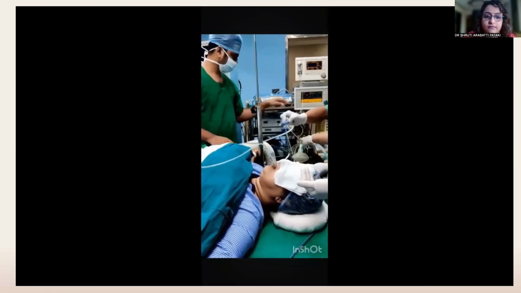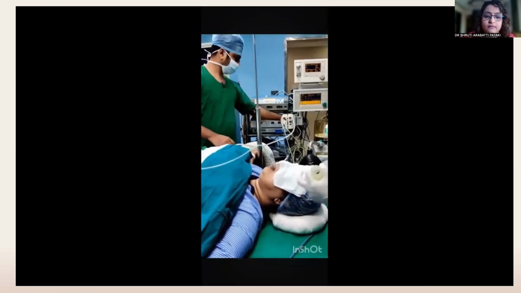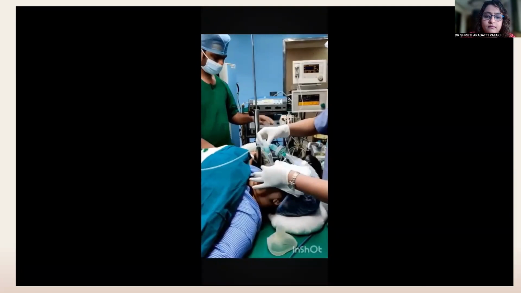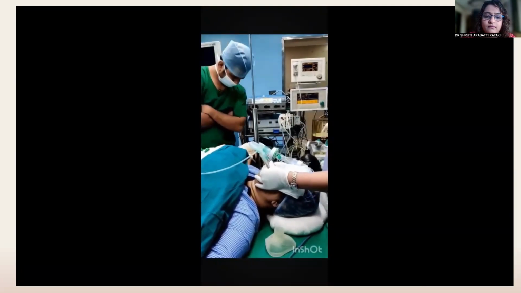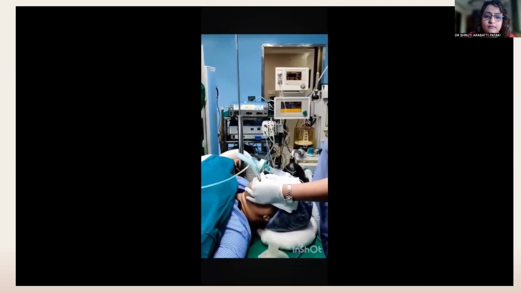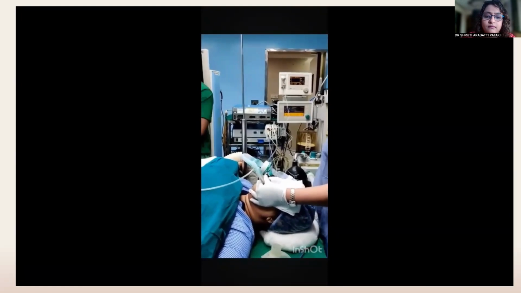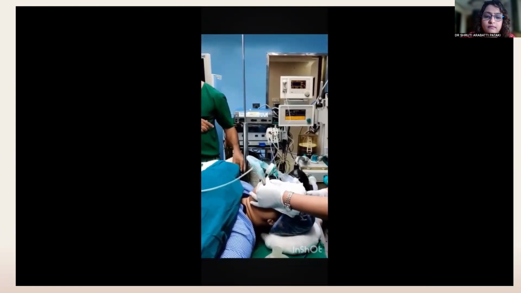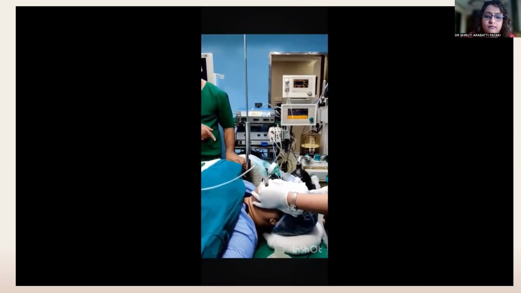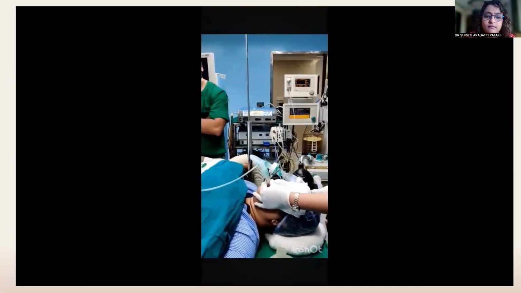Avoid holding the tube during inflation as it prevents the mask from settling in the correct position. A small outward movement may be seen as the LMA seats itself into the hypopharynx. Now connect the LMA to the anesthesia circuit and confirm ventilation of adequate tidal volume and normal airway pressures as seen on the monitor.